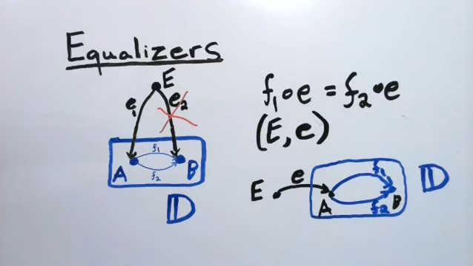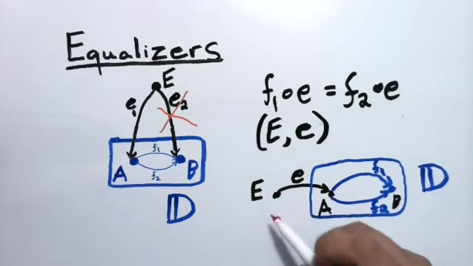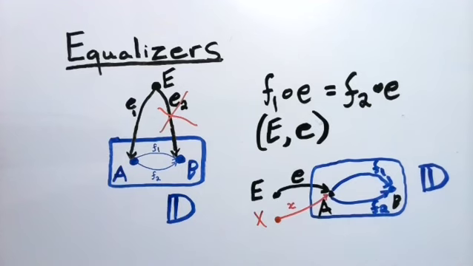In this case, F1 and F2. So what would another cone look like in this case? Well, we saw that cones over this kind of diagram only need to consist of a single morphism because of that commutativity property. So we'd need to have that for any object x and morphism, say, little x, going from x into A,